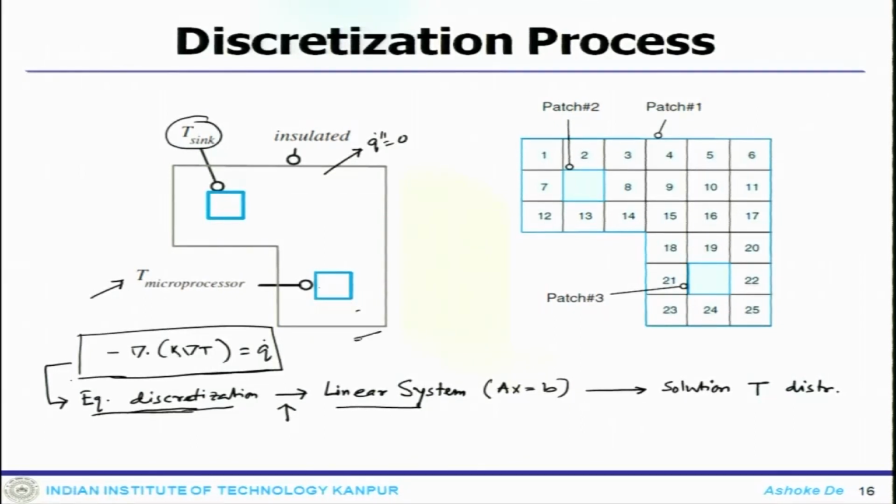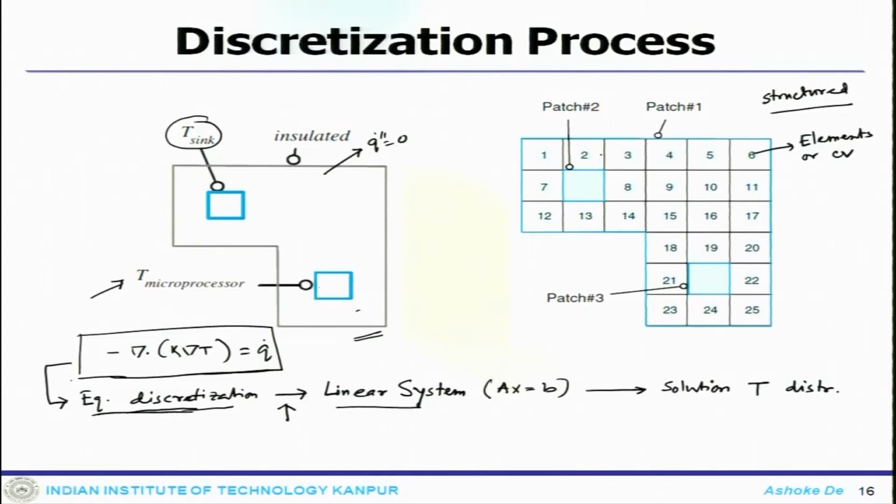This is our physical domain. This domain we need to divide into proper control volumes or finite control elements. To do that, this is one of the ways one can discretize. This is the structured grid. From your last lecture, if you recall, this is what one can do. Essentially, the complete domain is subdivided into multiple small finite elements. Each of these we call finite elements or control volumes.